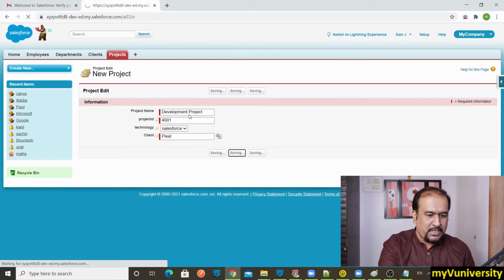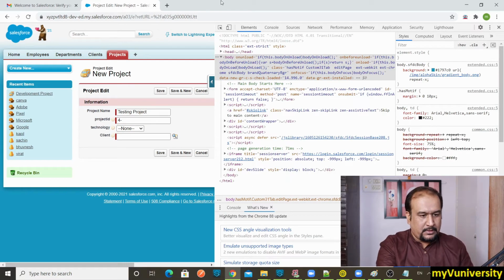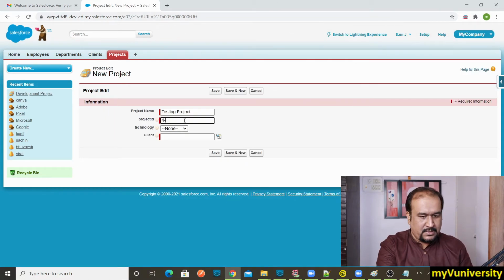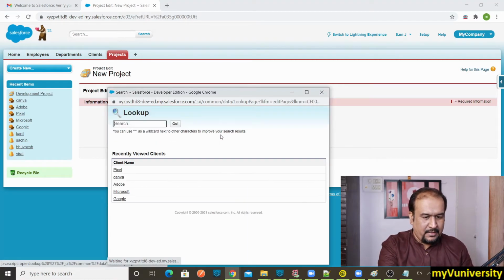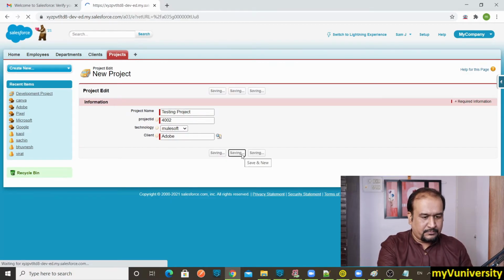Let me add one more project, testing project. Then project ID is 4002. Then technology is, let's say, MuleSoft. Client is selected from here. Client is, let's say, Adobe. Save and new. One more project maybe.